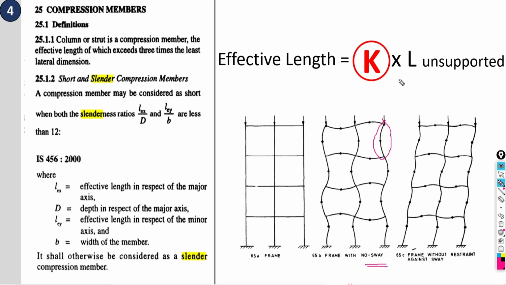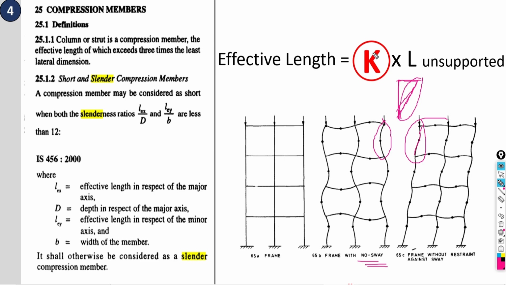But if I am asking to do the calculation for this sway case, this is the column initially, and after the displacement, as you can find, it is displaced like this. Obviously by trigonometry you all will say that this diagonal will have more span in comparison to this and this. So in case of sway, there is a chance of extension in the length of your column. But in case of no sway, there is no chance of extension in the length of your column.